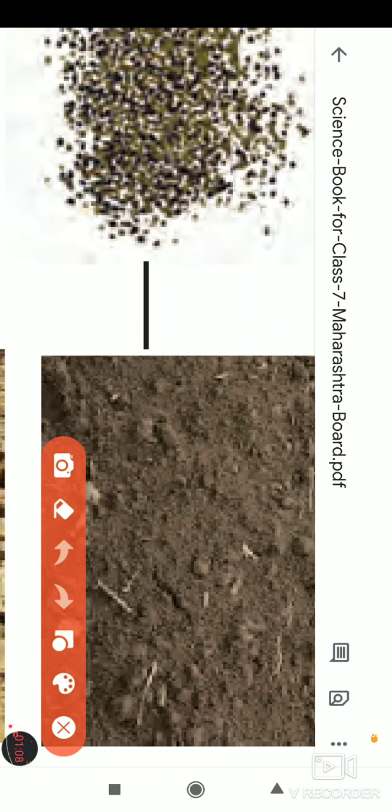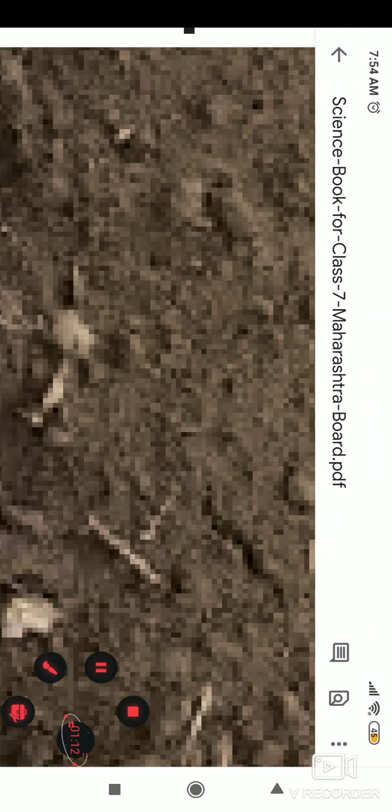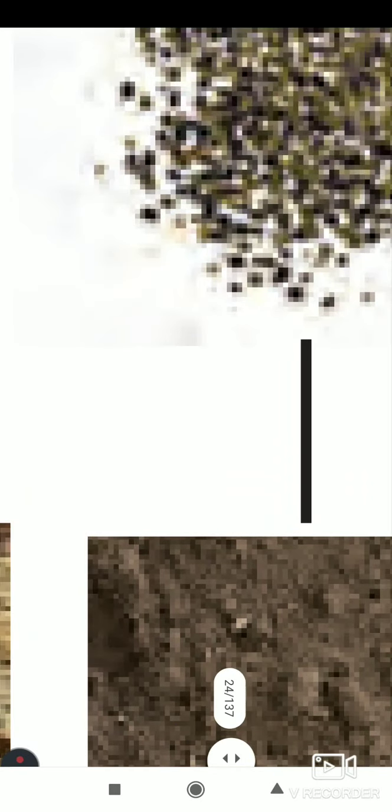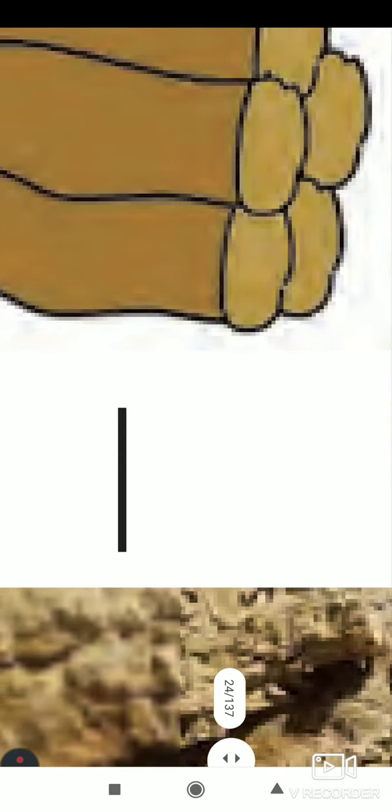Now if you see here in the second, the soil is loosely attached with one another. Soil particles are loosely attached, and many other particles are also present in it. So in this type of arrangement, the granules are there. How are the granules? Small, and they are separate from one another. In that way, loosely packed, and this structure is called granular.